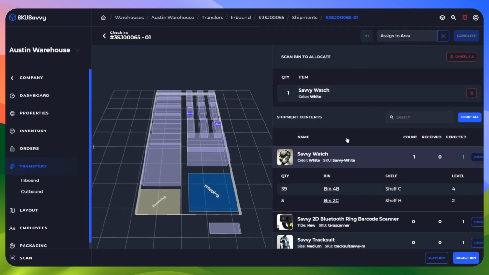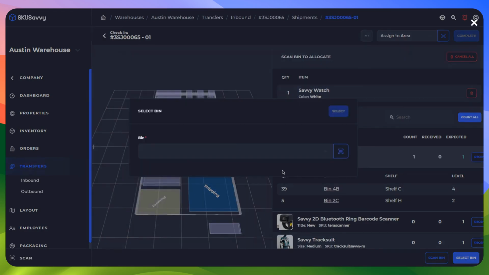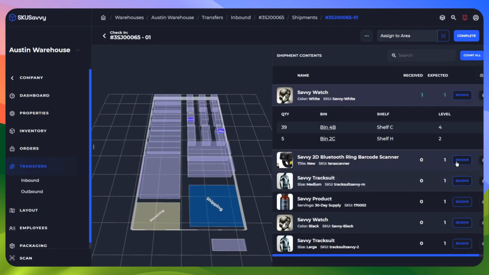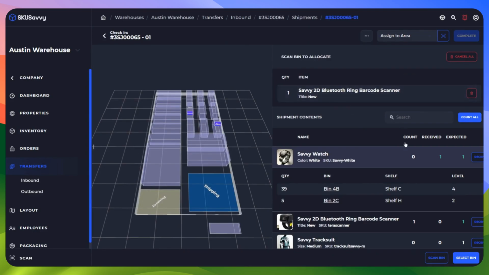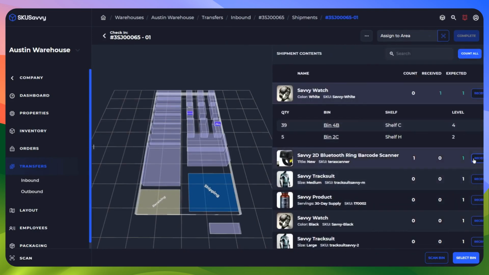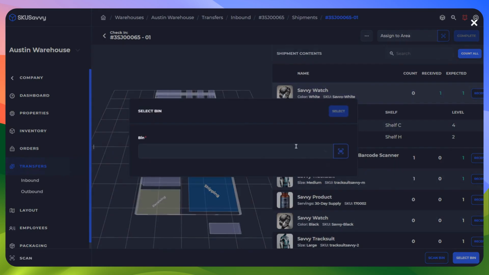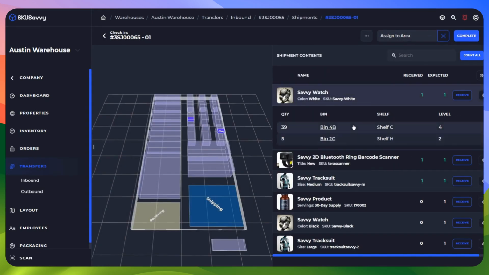So as we go through and receive this, we're just receiving one quantity here. We're just going to put this over into the bin. Again, I could just scan the bin in this case, or we can actually select multiple items to receive those at one time. So if we wanted to put these two items in the same bin, we could select the bin here and put those away. Additionally here, we could count all of the items at one time. Similarly to how Shopify enables you to check in all of the items at one time, we could also reject some items, or we could receive mismatched quantities,